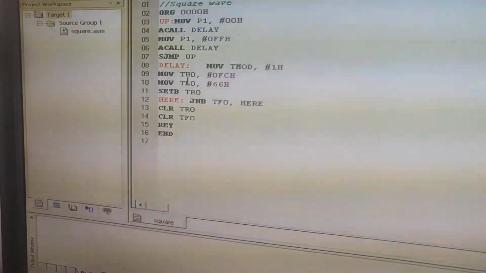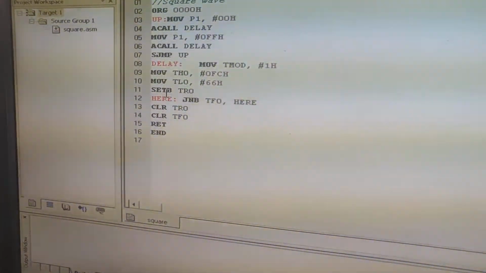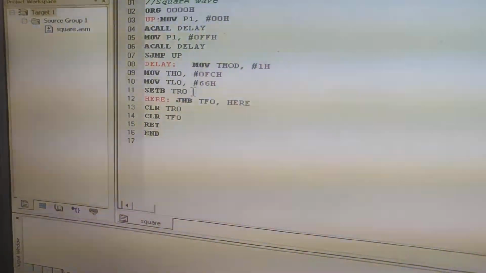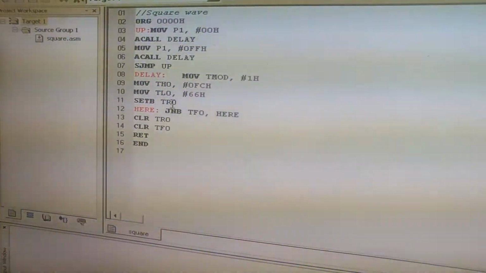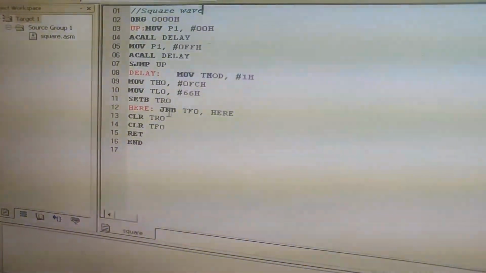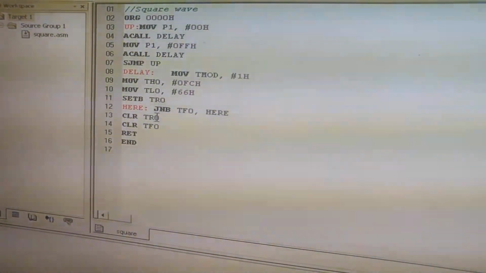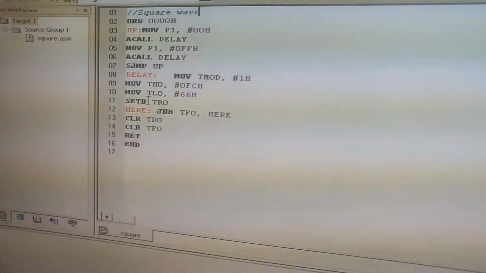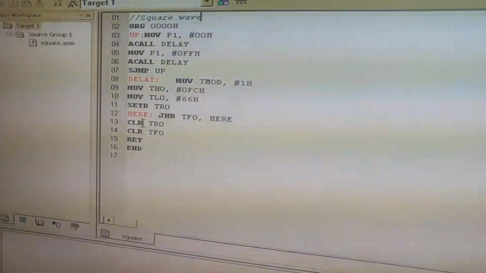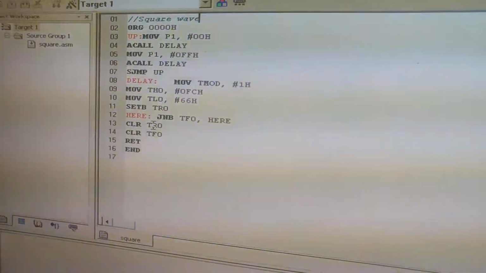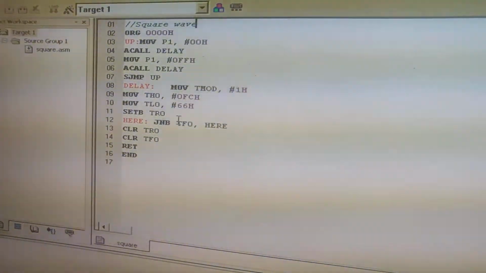Then TH0 and TL0 are loaded with certain values, and they are going to count up to FFh maximum. Once you set TR0, it is going to turn counter 0 on, and it is going to be observed from your TF0. TF0 will be checked continuously in the loop until it becomes high. Once it becomes high, then we are going to clear this TR0. Starting the delay is done by setting TR0, stopping the delay by clearing TR0, and clearing TF0 will let you access the further bits and further delays.